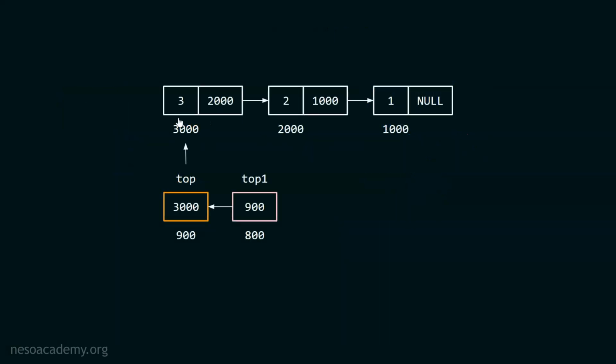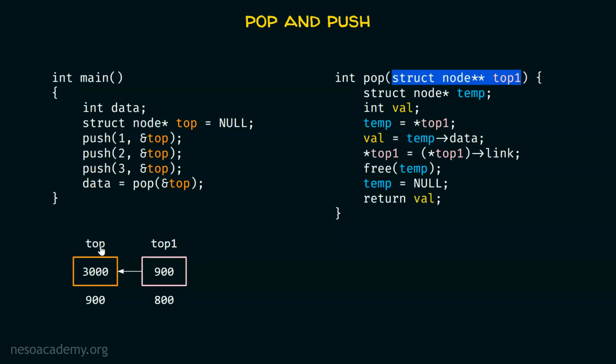You can see that this is the current status of the original stack. We have all these 3 elements and top pointer is currently pointing to this node. I'm assuming that the address of this node is 3000. Therefore, top pointer must hold this address 3000. So actually 3000 is there in the top pointer and top 1 pointer is currently pointing to this top pointer, right? Now we have struct node star temp. I have declared a temp pointer of type struct node, okay? And this is how it looks like. I'm assuming that the address of this temp pointer is 700. After this, I have declared a variable val, and this is how it looks like.